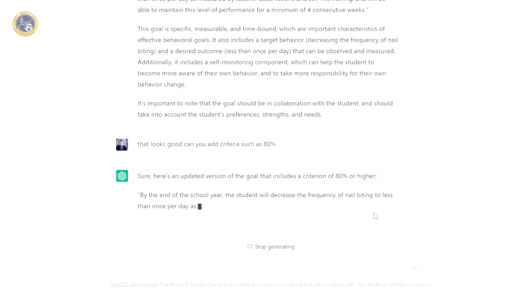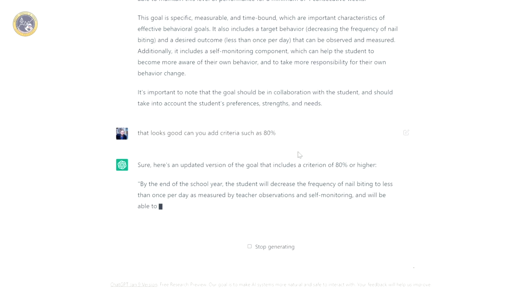All right, and lastly, and this is the soft recommendation on how you can use this software. Let's say you're trying to come up with intervention ideas. The reason why I say this is a soft recommendation is because you're really going to have to look at the recommendations and make sure that they fit your client.